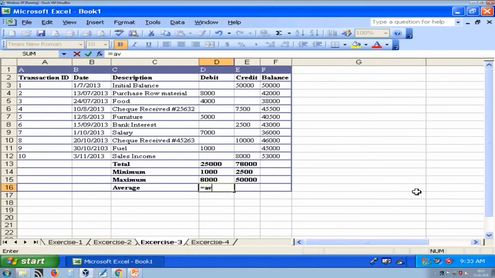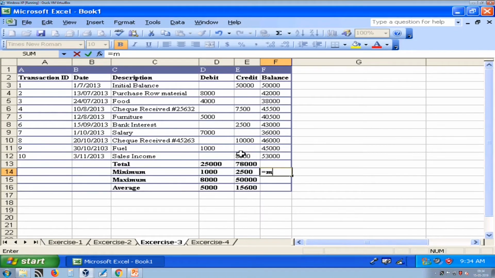To find the average, we have the average function. Inside average you have to supply the same range for which you want to find the average. So, average debit is 5000 for the selected range, and average credit similarly we can find by selecting the range that we want, and here average credit is 15,600. Likewise, you can find the minimum balance for the given range and the maximum balance at any time for the given range.